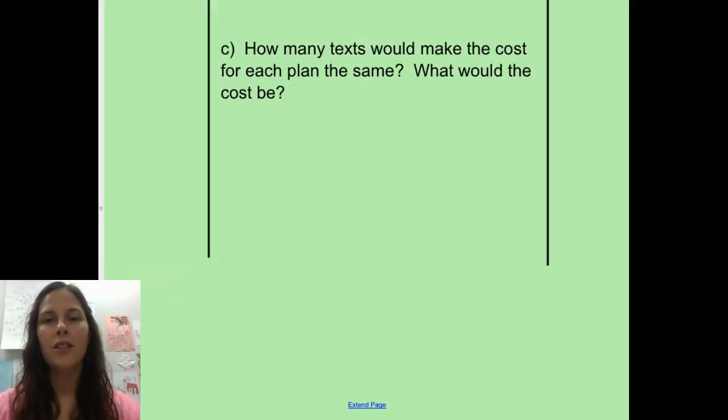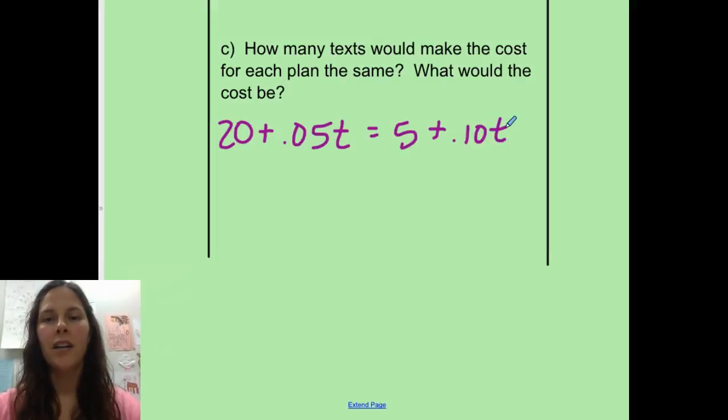Part C, we are asked to determine how many texts we would send to make both plans equal. So what we will do is set the equation for Plan A equal to the equation for Plan B. And then we'll solve for T. When I have an equation with a variable on both sides of the equal sign, I like to get my variables together first. I subtract the variable that has the smaller coefficient, so I'm going to subtract 5 cents from both sides, subtracting 5 from both sides,